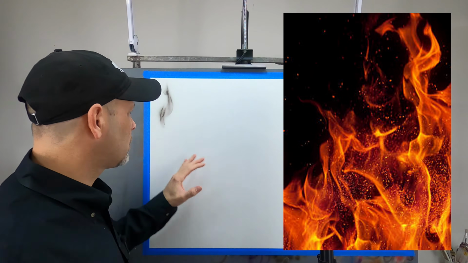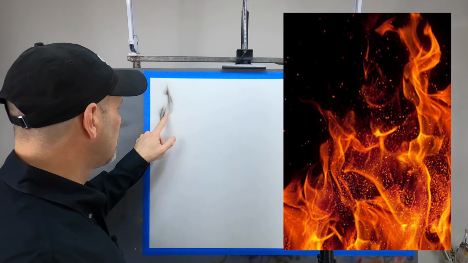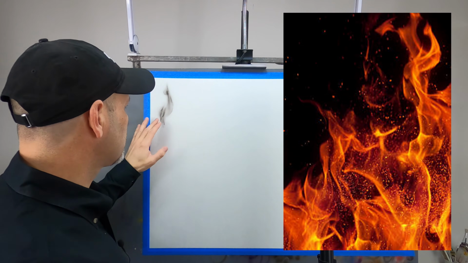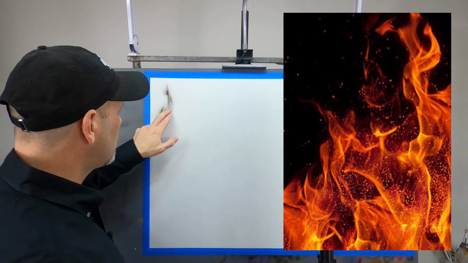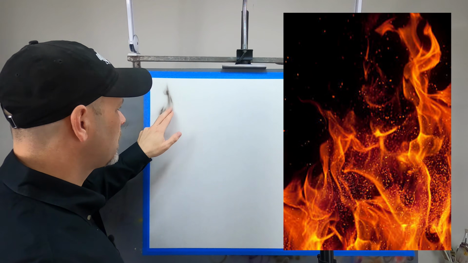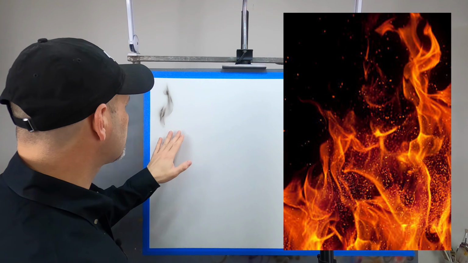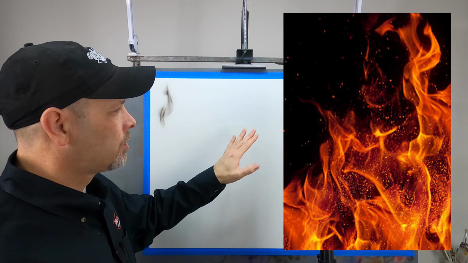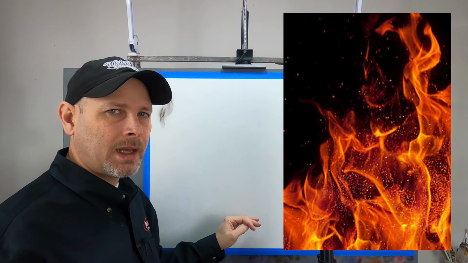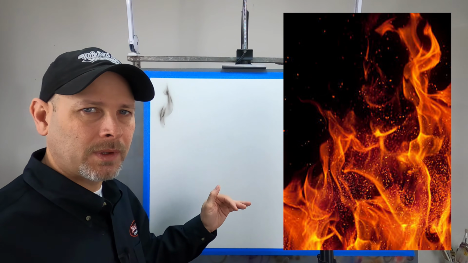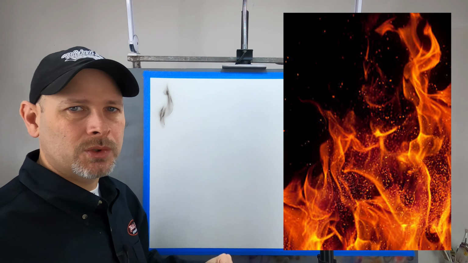That's what you want. It's okay to have some opaque areas in there. Like all these darker areas are going to be opaque. You're not necessarily going to see through that, but you want to keep some translucency in your fire as well. Now, just because you see a flame lick that you really like in your reference image, that doesn't necessarily mean that you have to recreate that flame lick exactly as you see it in the reference.